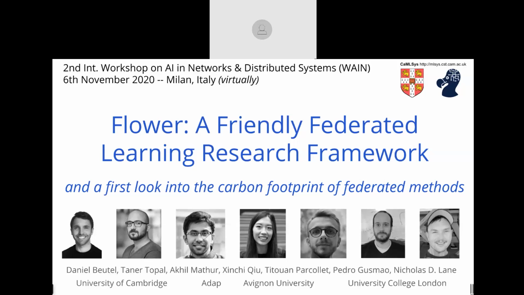We feel this is a gap in the current methodology that we see from the literature, whereby people are developing these methods and are not sufficiently accounting for the distributed system resources that they use and the various complexities that come with it. And then at the very end of the talk, I'm going to focus on how you can use this tool and how we extended it to assess the carbon footprint of these federated methods, as that emerging dimension to machine learning in general, assessing not only energy, memory, accuracy, but thinking about the societal impact of using